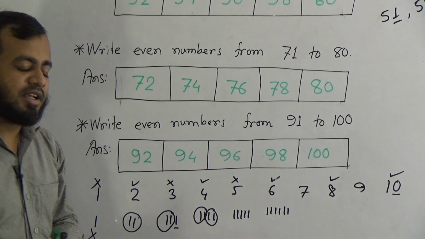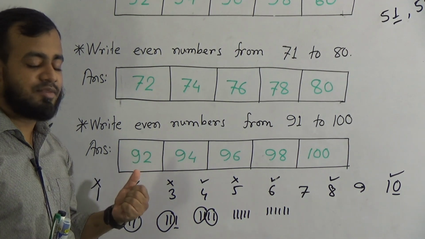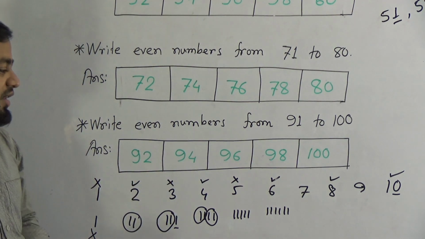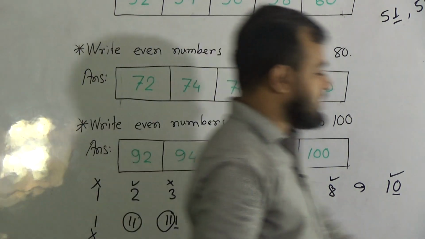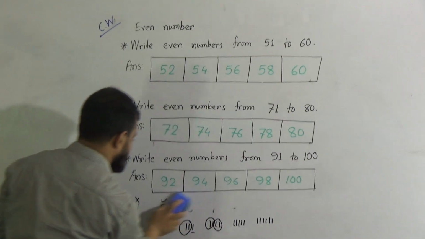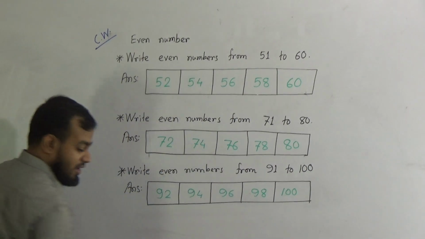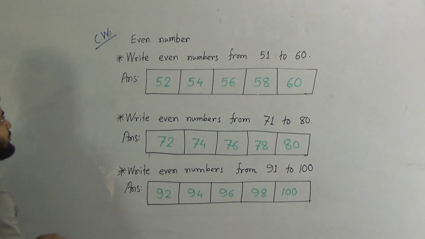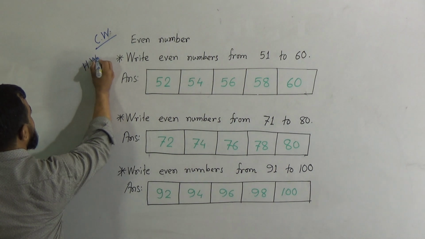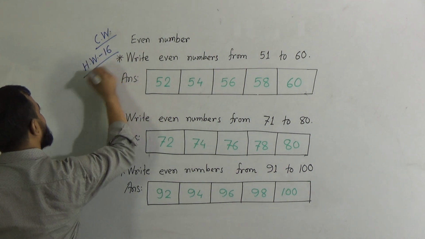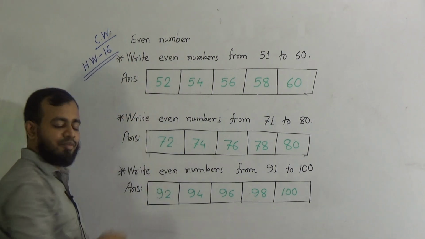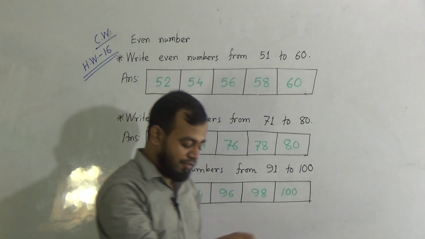My dear students, we know that even numbers come after every one number. That's the easiest way we can write down all the even numbers in a question's answer. Now my dear students, you have the homework. Your homework is the same. That means these 3 questions will also be your homework. Please mention your HW number in the left corner of your copy. You must write down HW number 16 in the left corner of your copy and solve all the problems in your assigned HW copy properly. You can submit all of your HWs